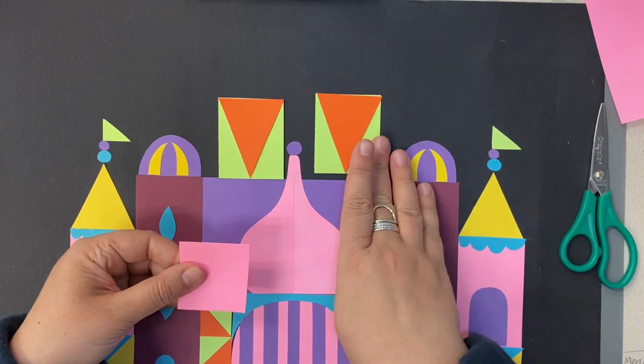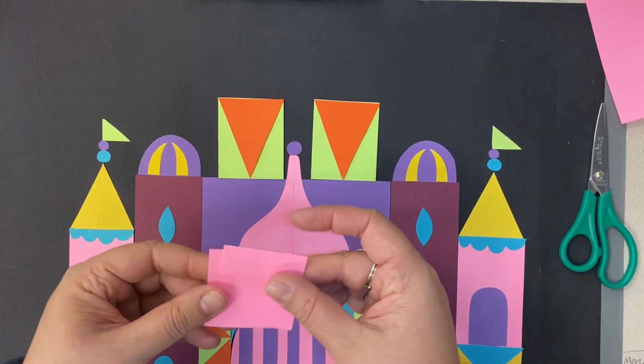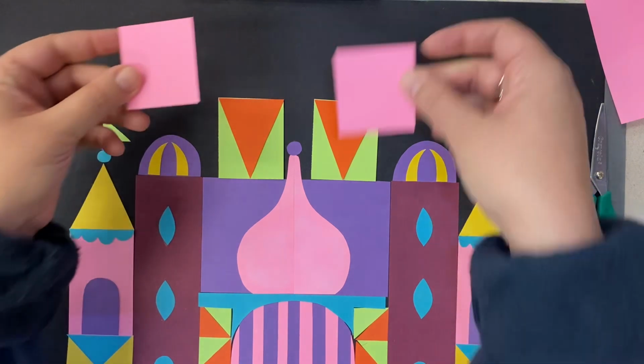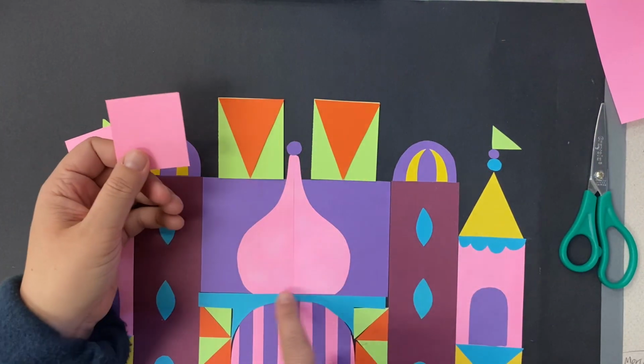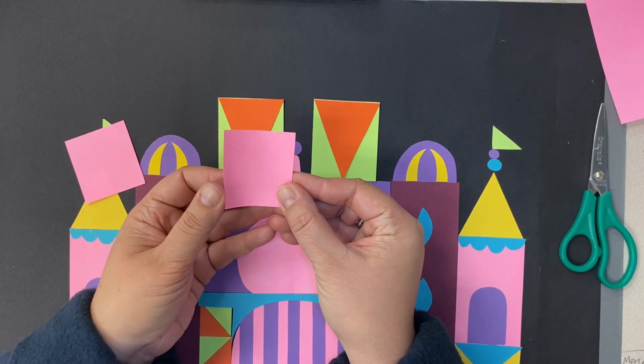Getting all turned around. This is why it's helpful to glue it, right? Oh well. Okay, so I've got my two shapes. This is about how tall they're gonna be. Now, to get a shape like this that's symmetrical on both sides, what you can actually do is take this